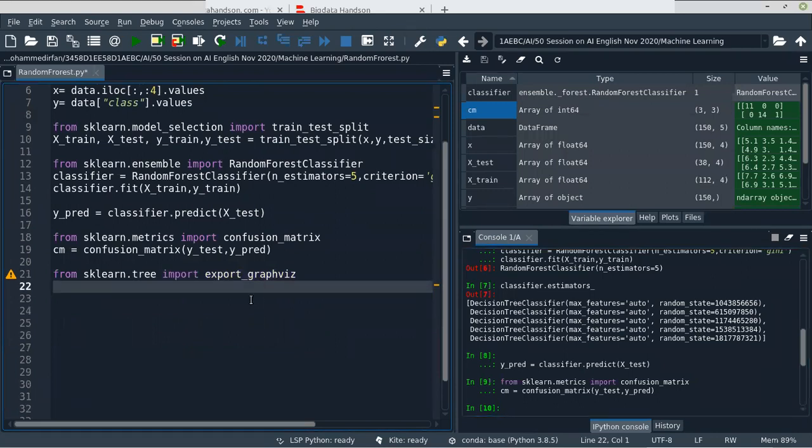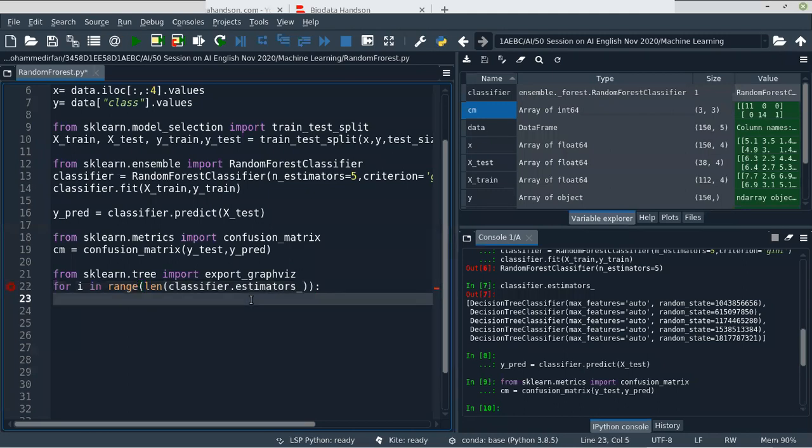So let's run a loop for the number of estimators we have: for i in range of len of classifier dot estimators_.